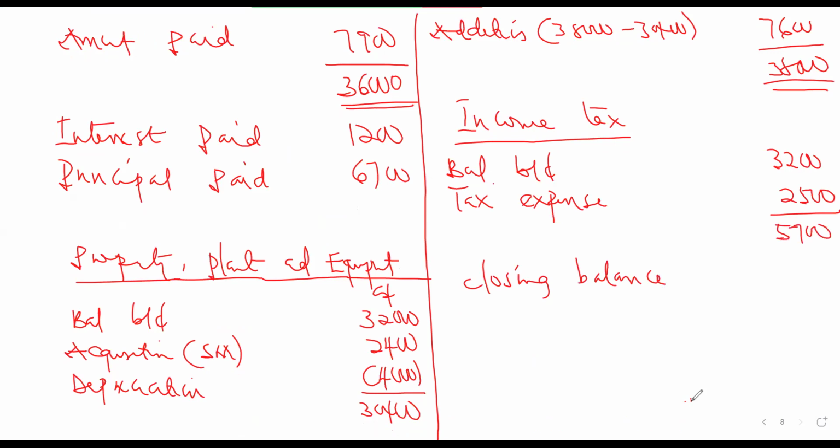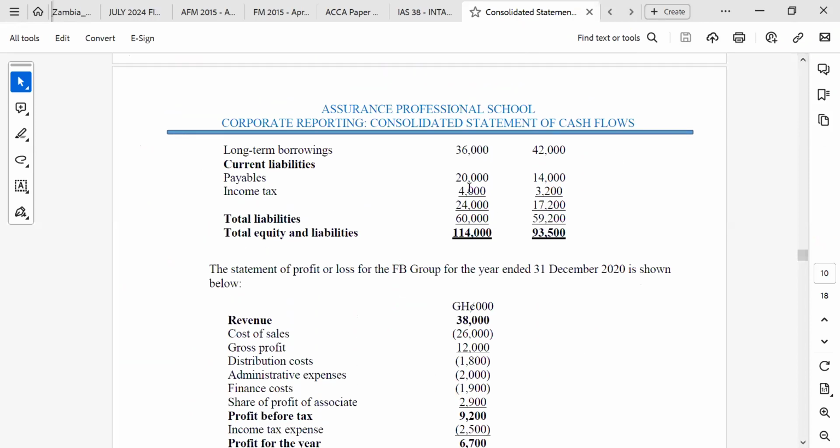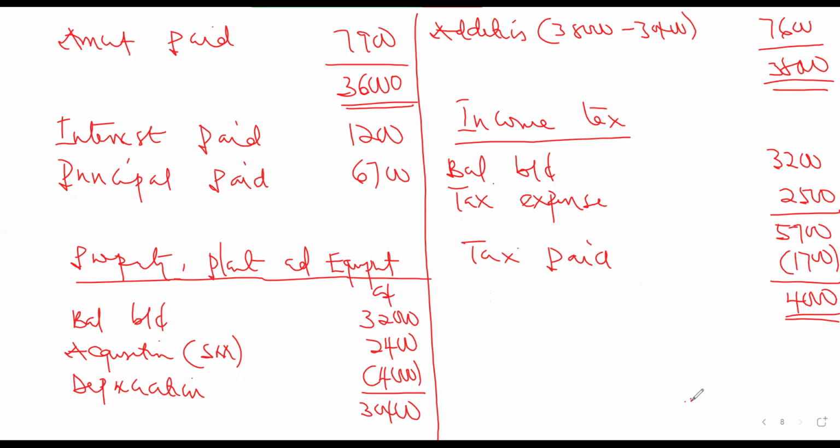You now go to the statement and see what figure they are reporting as the owings for the income tax. What is the owings for the income tax? 4,000. So it means that we have paid part of that. So we have the tax paid, or the cash paid. You can just write it anyhow. That will be 1,700. Then we have our closing balance of 4,000. This will be adjusted in the operating section, but this will be after we are done with the changes in